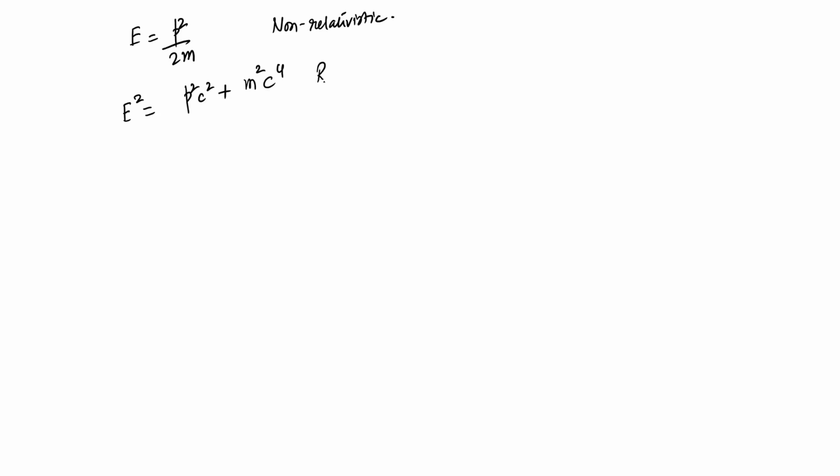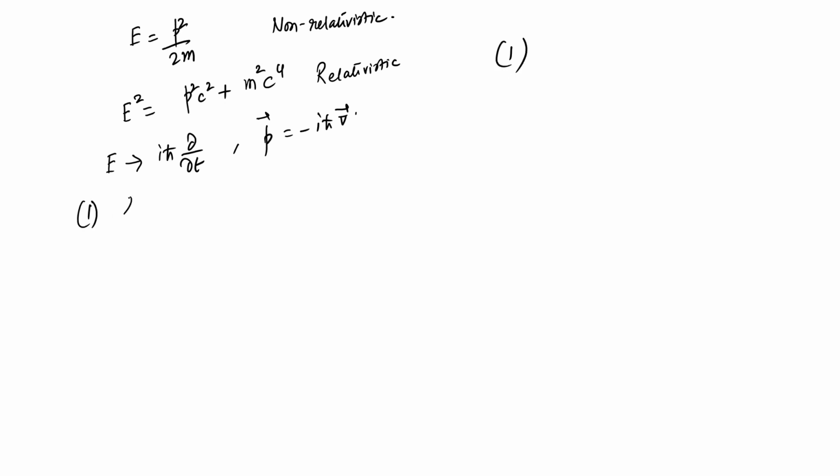So, this is the relativistic dispersion, and this is true at speeds which are of the order of the speed of light. Okay. So, if you replace E by i h cross del/del t and P by minus i h cross del, then this equation, the relativistic equation,